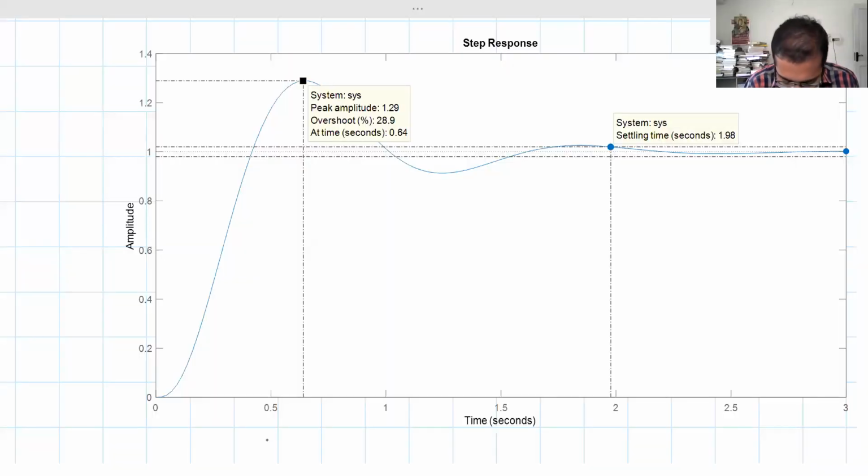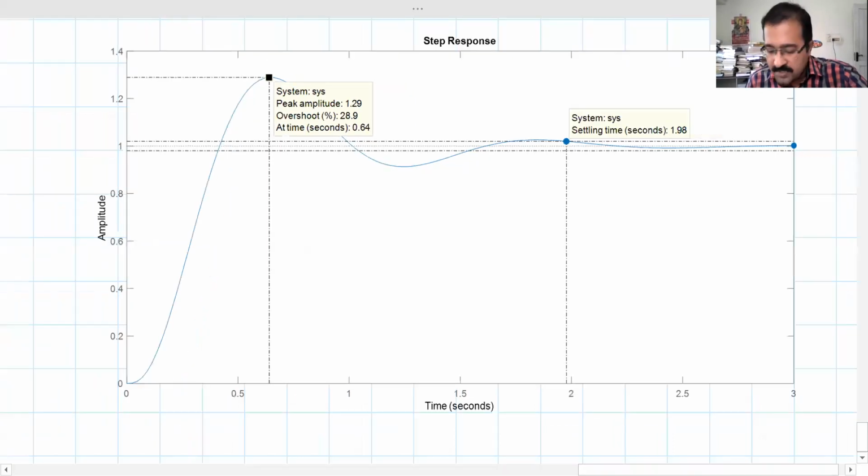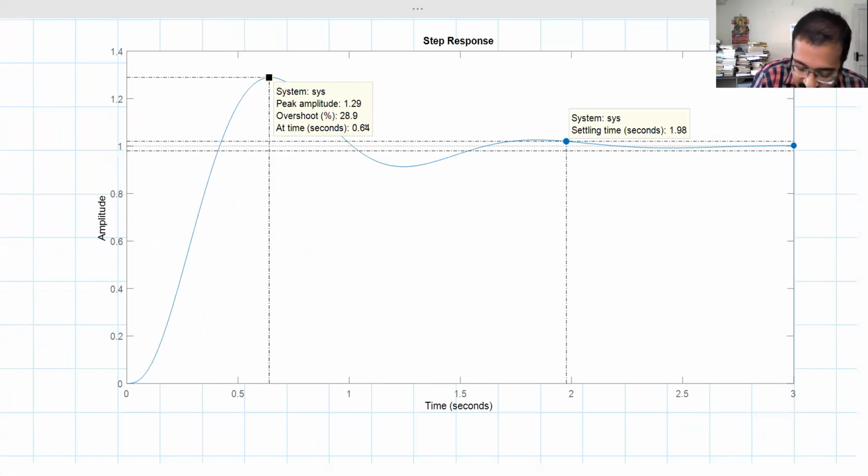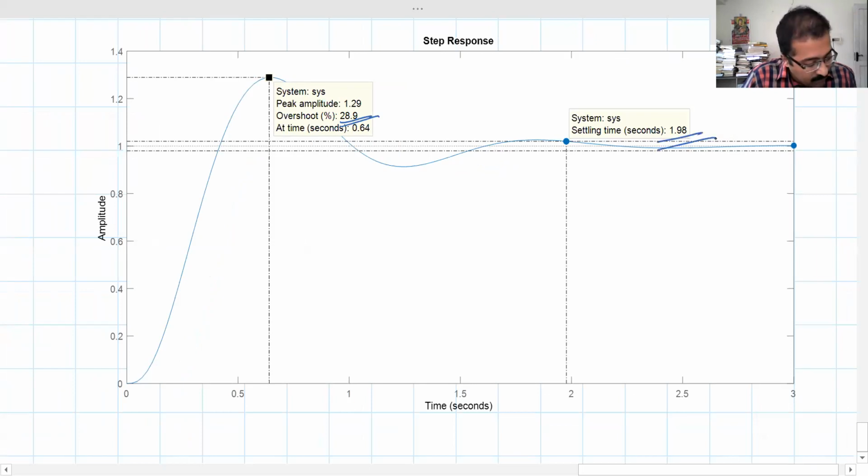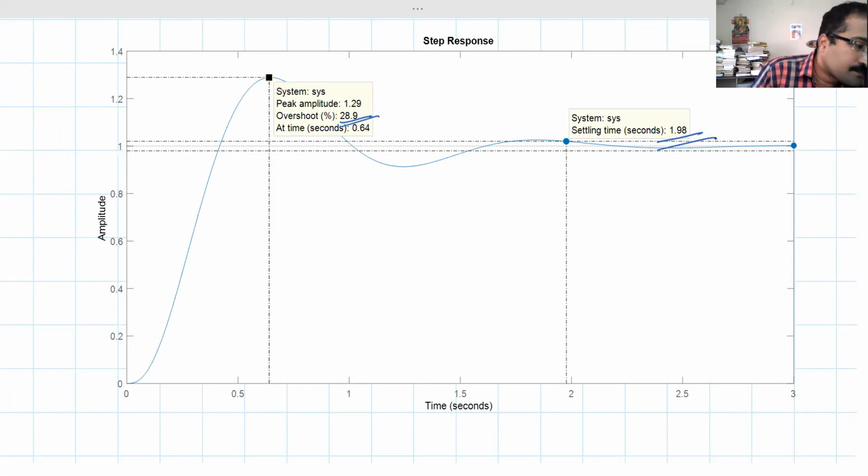And that is what you are seeing here from the MATLAB step response plot. For the closed loop system with the compensator, we get an overshoot of 28.9%. We designed for 30%, but as I said before, the number of decimals that we discard after the decimal point, as well as the validity of our approximation that higher order poles are far apart from the dominant poles, all these factors will matter. And what is the settling time? The settling time was 1.98, and our desired settling time that we had calculated was around 1.986. So it is matching.